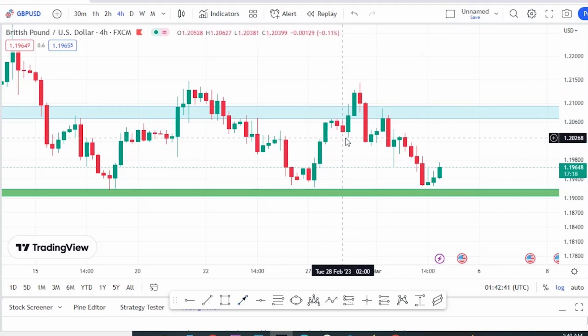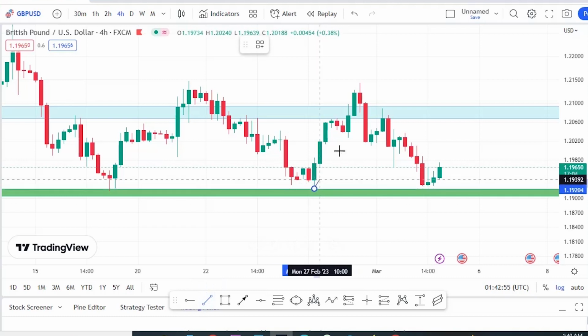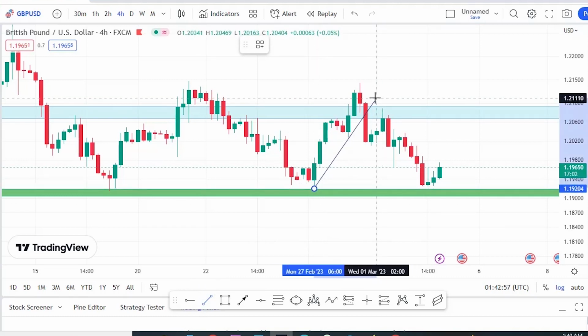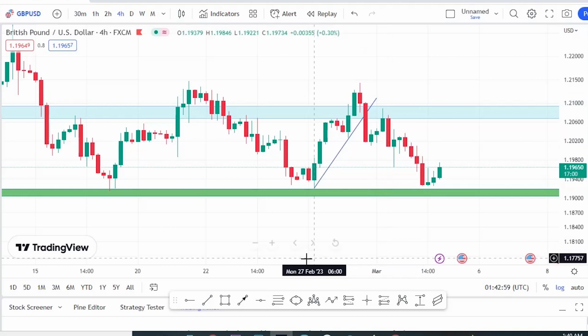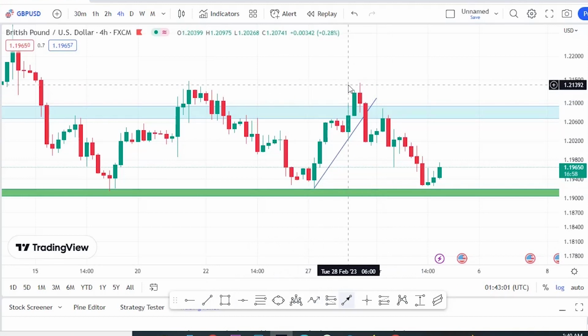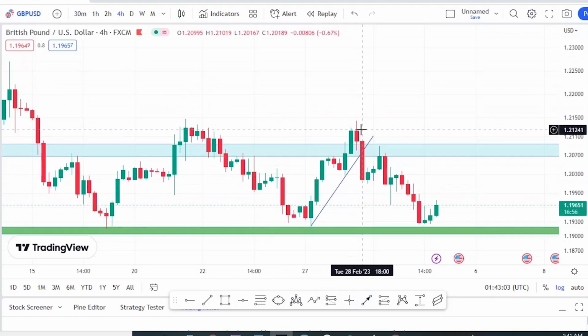So what made me enter this trade? I just decided that if price wanted to push down again, I had to draw a trend line right at this point. So I drew a counter trend line right here. So when price eventually ended up breaking my counter trend line,